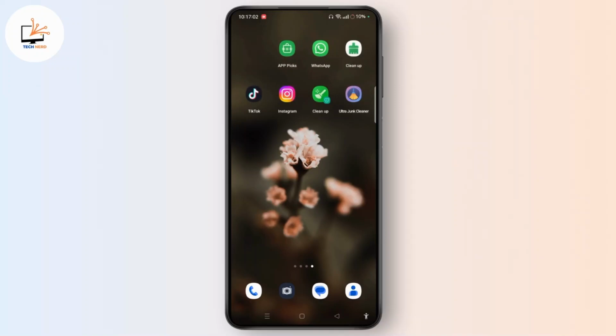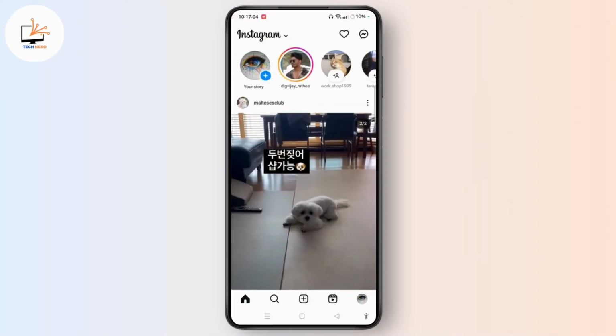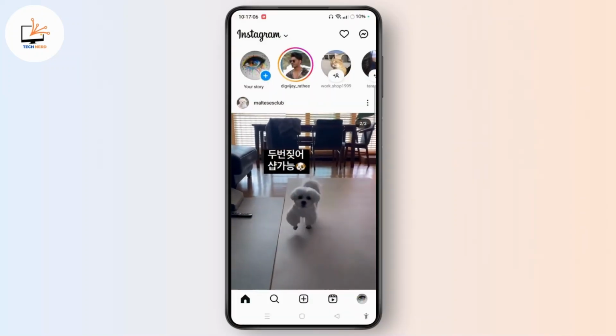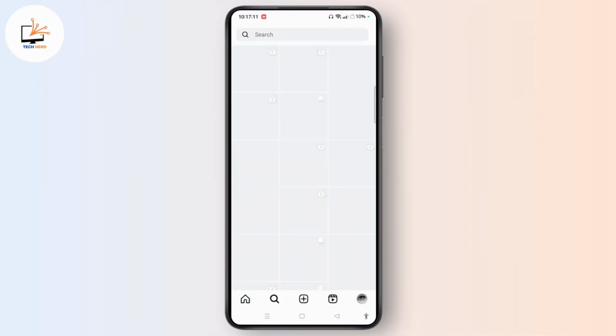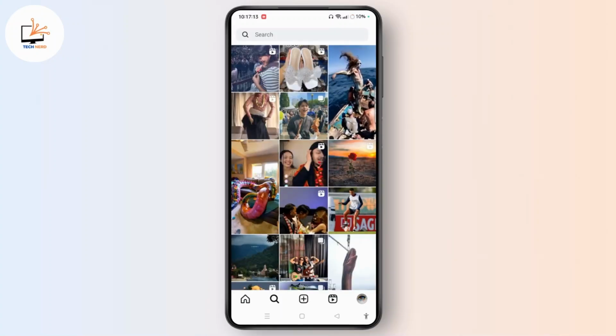First of all, launch the Instagram app on your device. Sign in to your account. Using the search icon at the bottom left corner of the screen, you can tap on the search bar at the top of the screen and type in the username of that particular person to whom you have sent a follow request